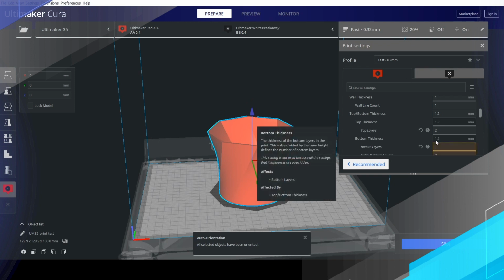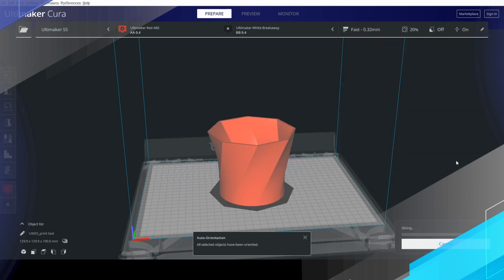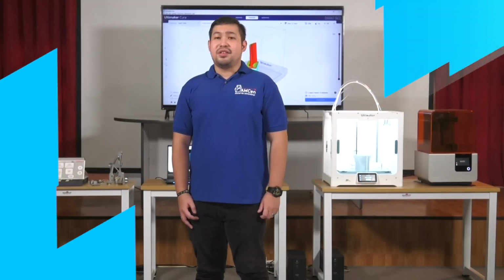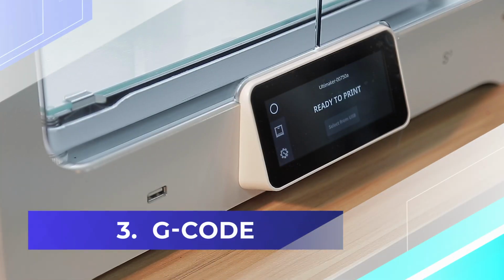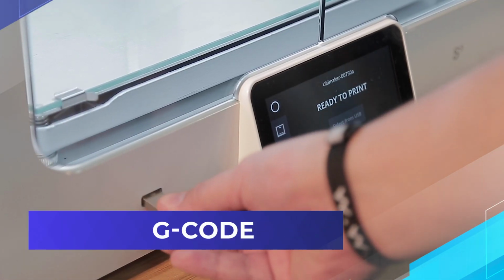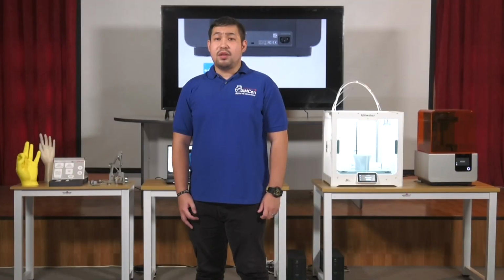We would slice the file to provide the toolpath, parameters, and commands to the 3D printer. It is then converted to G-codes or a similar format. Next, we upload the codes to the 3D printer. It could be uploaded via USB, Ethernet, or Wi-Fi. This will depend on the 3D printer that we would be using.